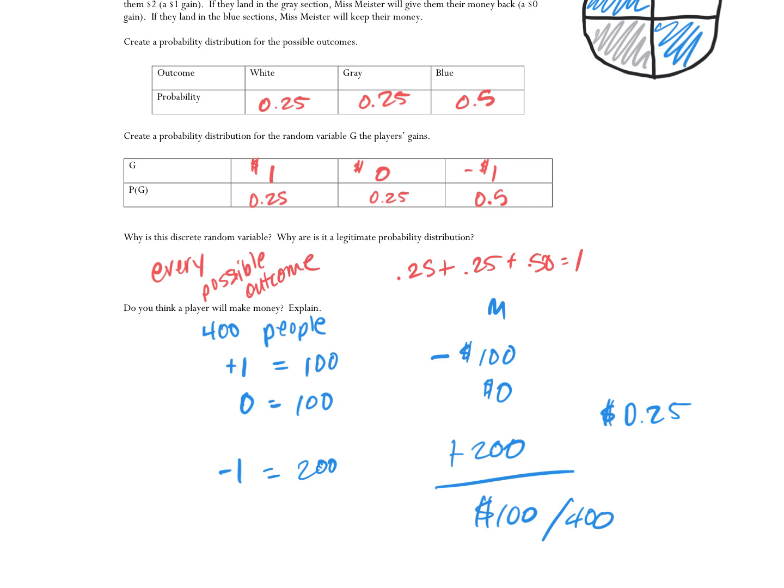Okay. So we're going to really talk about this a ton tomorrow with this concept of what we call the expected value, or the mean of a probability distribution. When the mean of a probability distribution is positive, then it makes sense to play. Then you might be more willing to play. That's what makes me willing to play a game. It never changes the probability of winning, but the payout is big enough that I would consider it. That's kind of how I think about it. Aren't the odds like